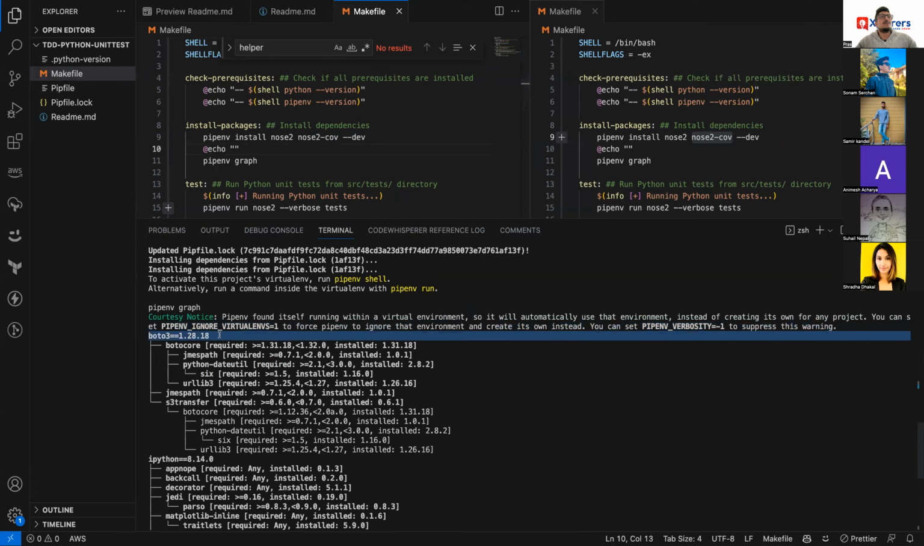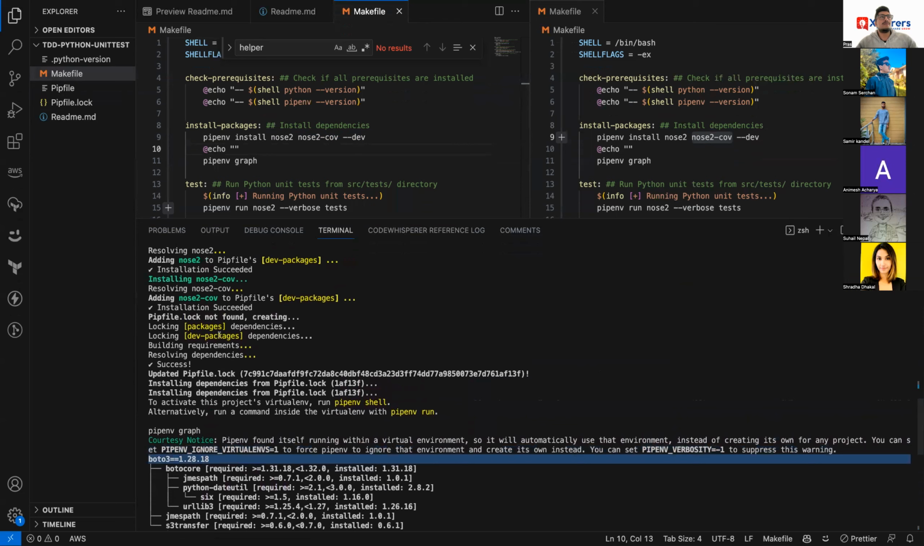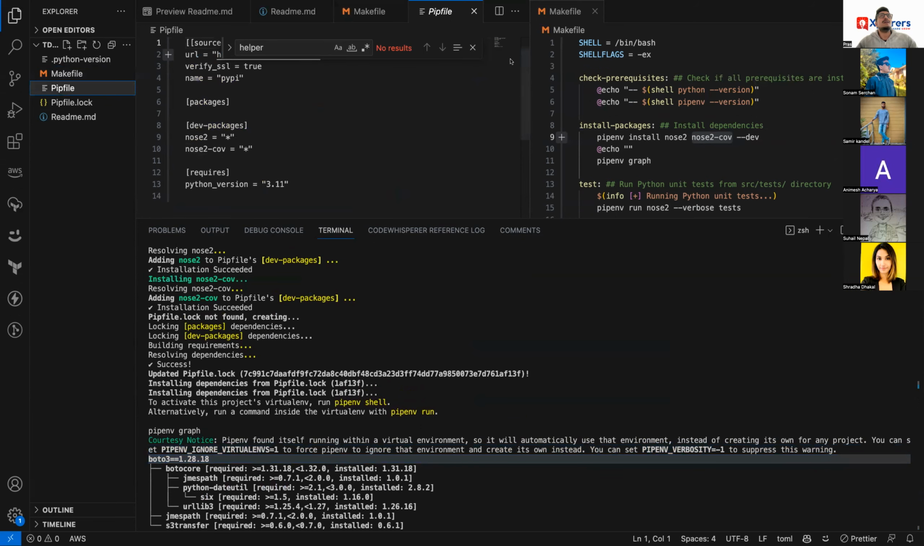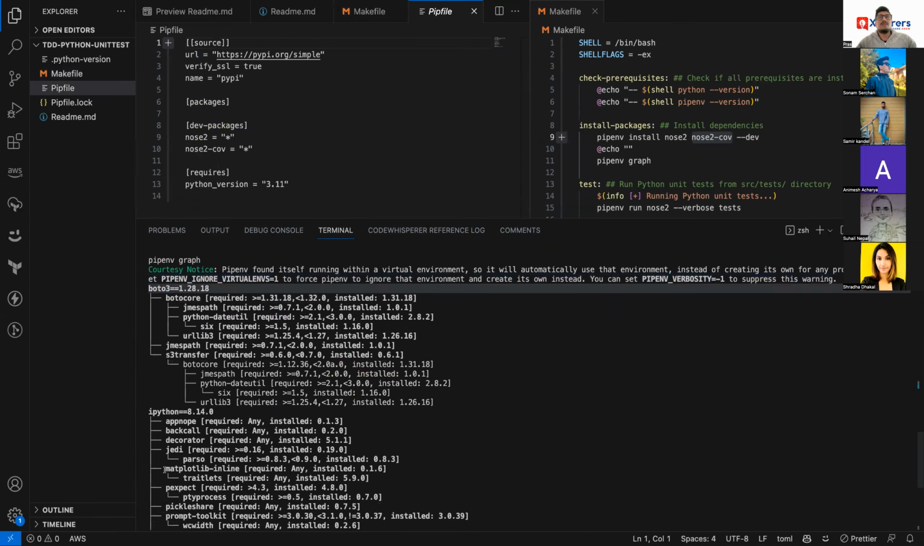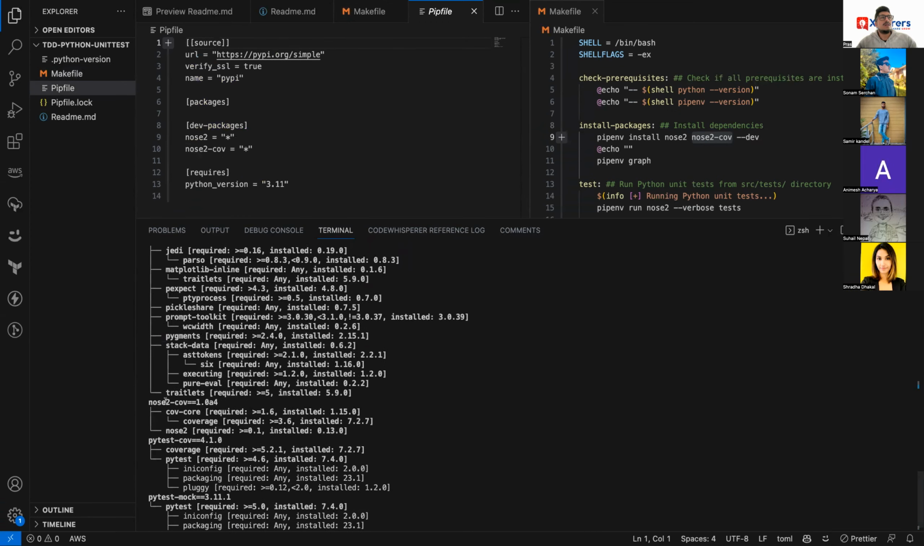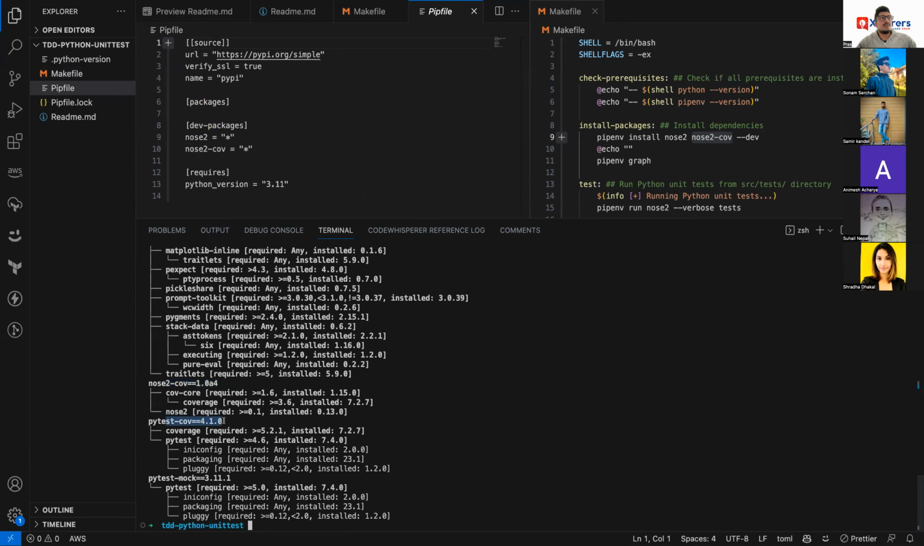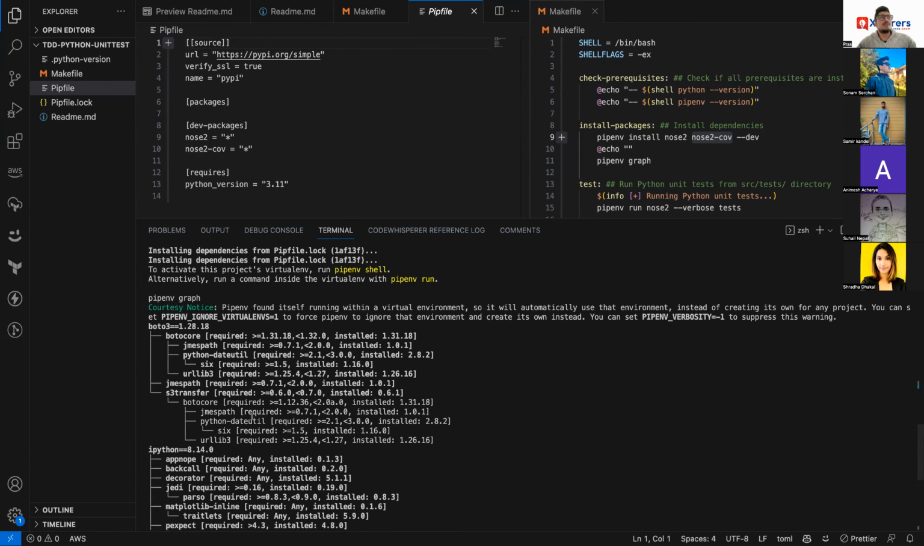Oh, why did it install Berta 3? Yeah, maybe it's a dependency of nose2 coverage. That's what I want. So I think what's happening here is,